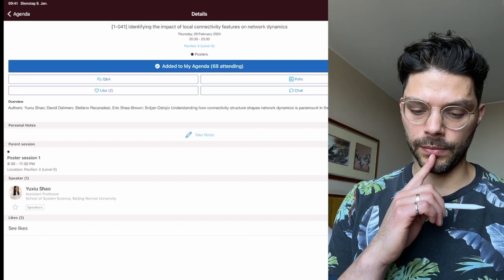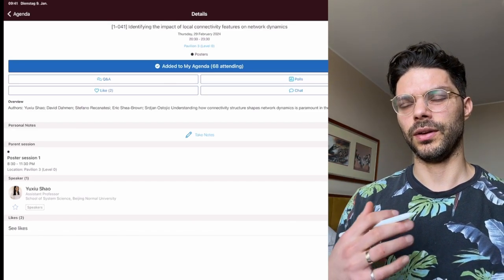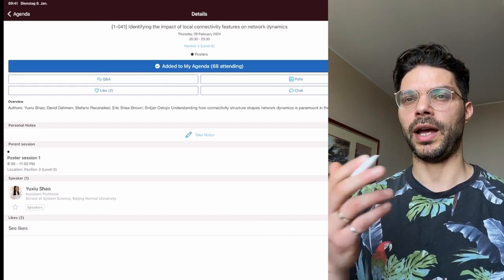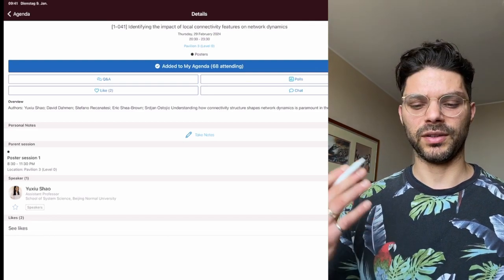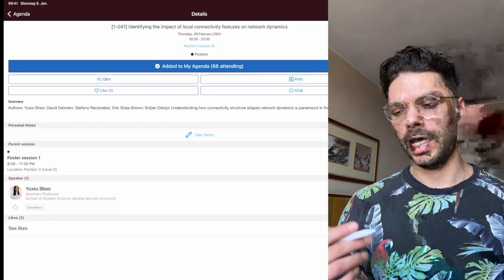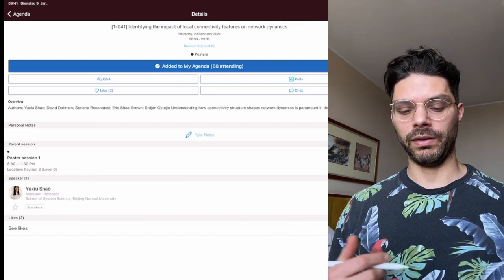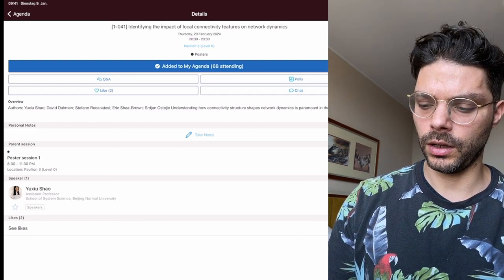What's really cool about that is that this goes back to the connectome ideas. If we observe a particular pattern of connectivity in a part of the circuit, how does that manifest in the dynamics? Or if we see certain types of dynamics, can we map it back to some connectivity features? That sounds really exciting. Let's see what they've got to say.